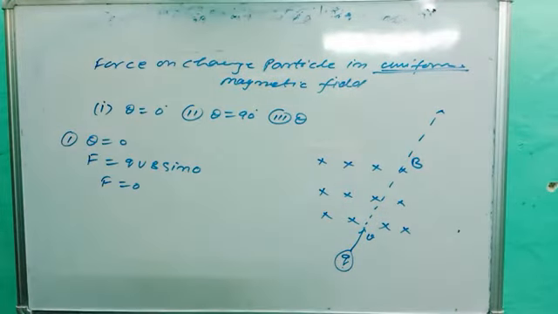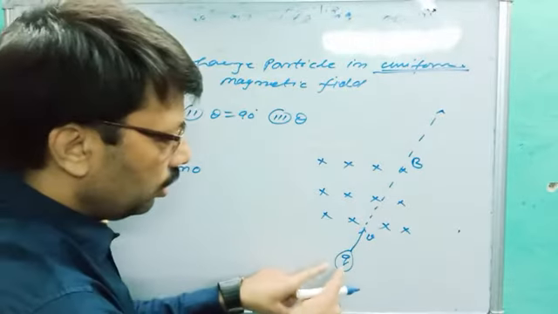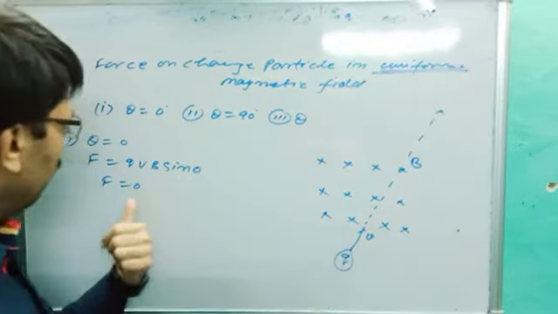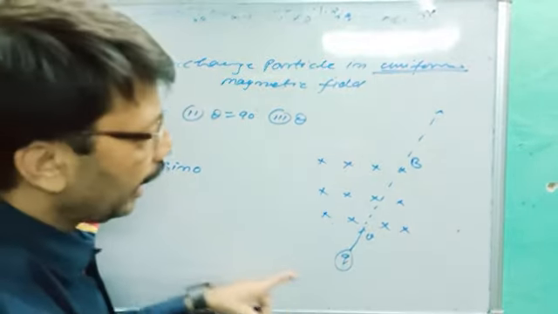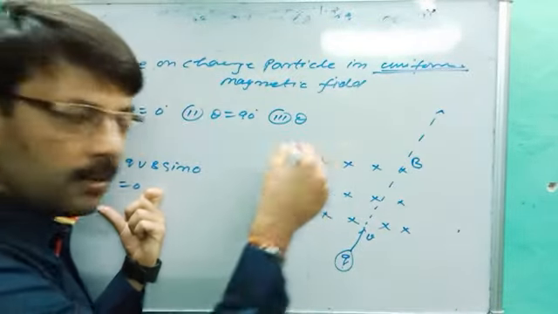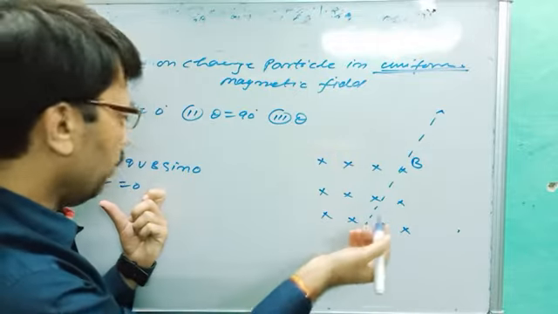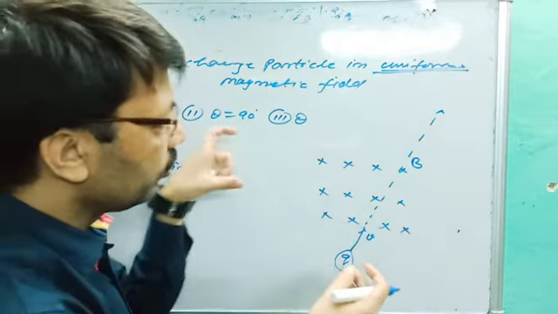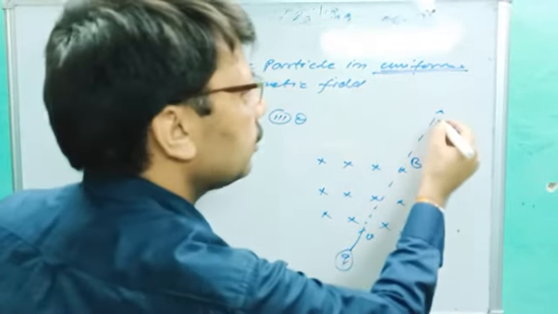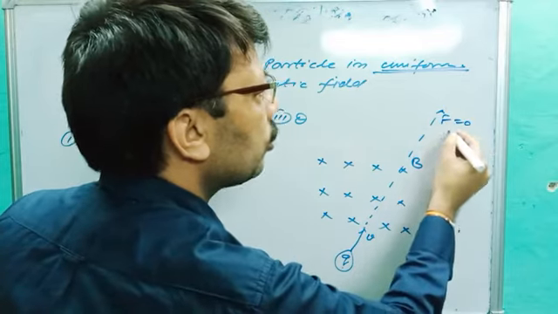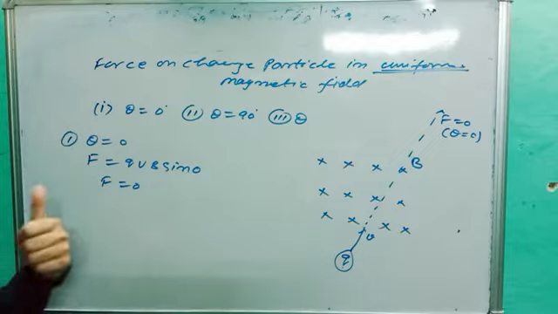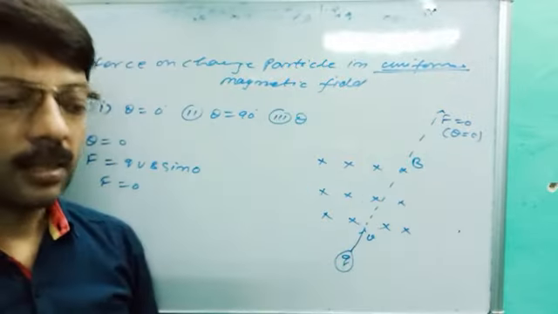Very important point. This is the uniform magnetic field. A charged particle Q enters with velocity v. If theta is equal to 0, no force is experienced by it, hence it passes in a straight line. It will not be deflected because no force will be exerted by the magnetic field on the charged particle, hence total force F is equal to 0, and this is the case for theta equal to 0 degree. Are you getting the point? So first case over: if theta is equal to 0, the charged particle moves in a straight line.